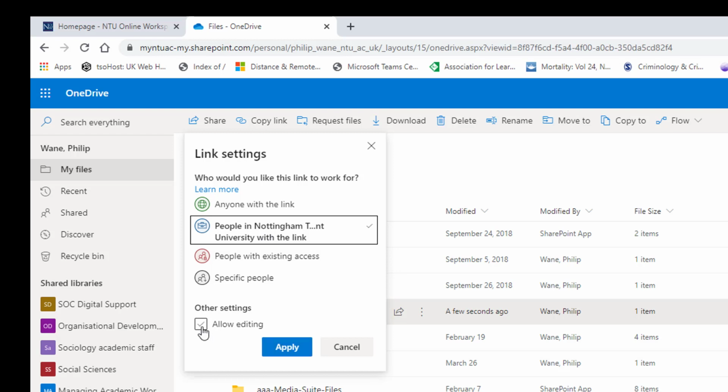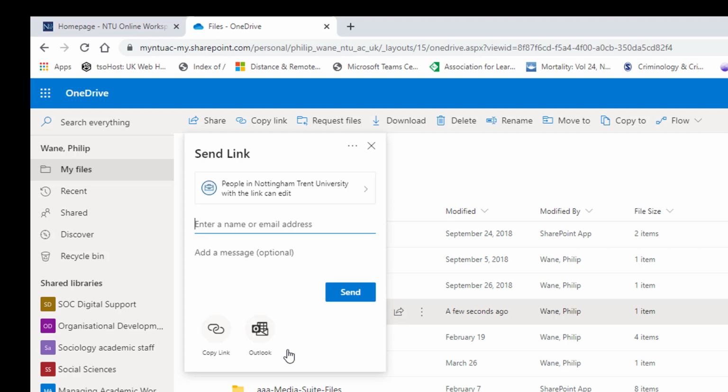I've also got the option to allow editing. Okay, so if I want people to be able to change the name of files, maybe to delete files, that kind of thing, if I want people to be able to add additional files, then click allow editing. This gives them more rights within the folder. So I can now choose to copy this link, or I could open Outlook and it would launch a message for me with a link. So copy link,